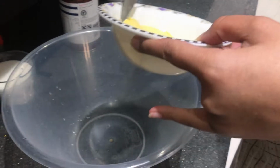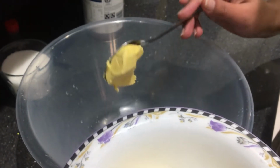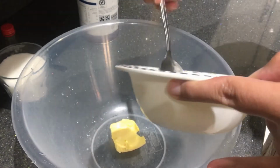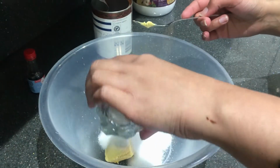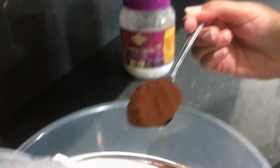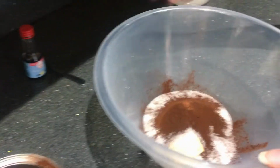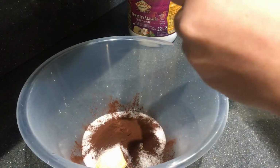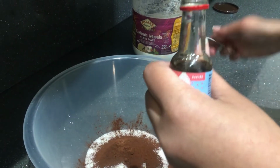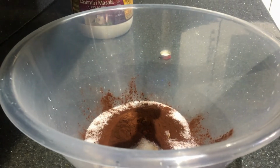So now I'm going to make the frosting for the cake. So I'm going to put 2 tablespoons of butter in there, 1 glass of sugar in there, add that in, tablespoon of cocoa powder in there. So my butter was at room temperature, so I had taken it out from the fridge when I was doing the cake, so it's nice and soft. 1 teaspoon of vanilla